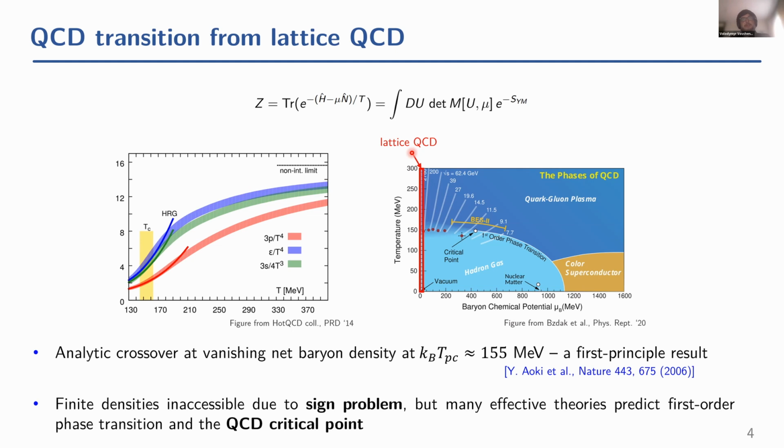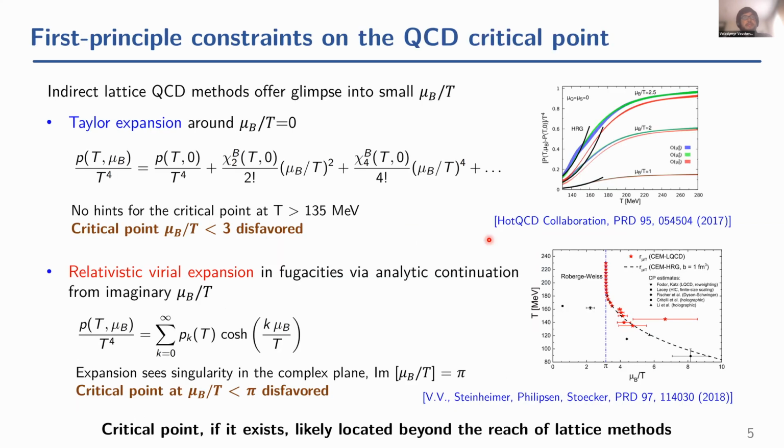And on one hand, we can use this to test predictions of QCD in this region of small baryochemical potentials where we have these predictions. But on the other hand, we can access regions of the phase diagram which are not accessible by first principle methods, and we can also study this question of possibility of a first order phase transition and QCD critical point at finite baryon density.